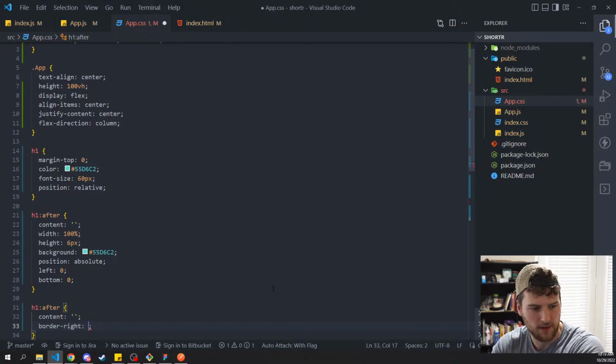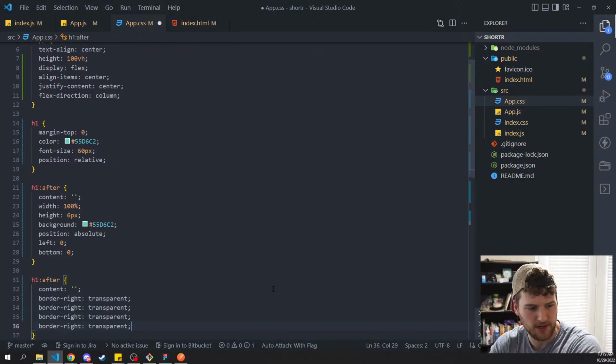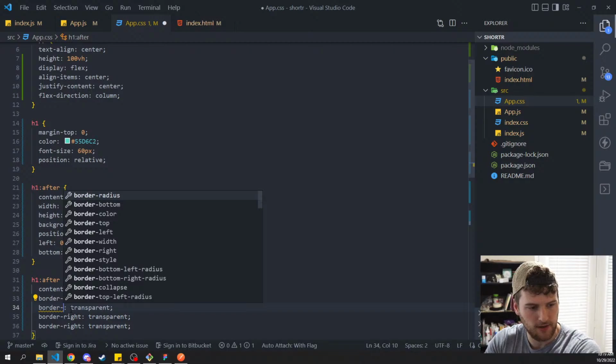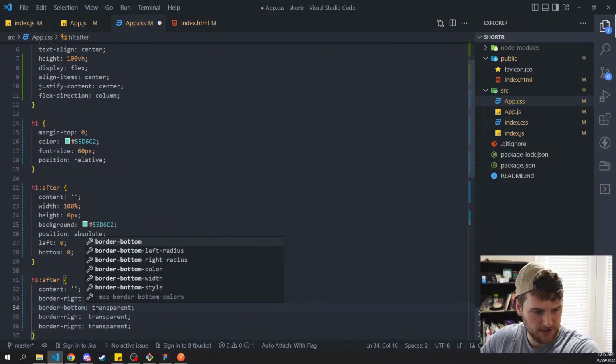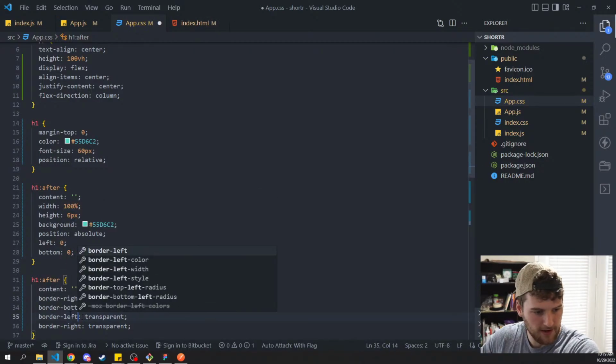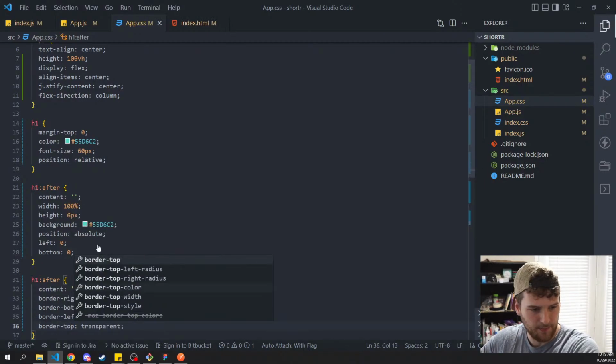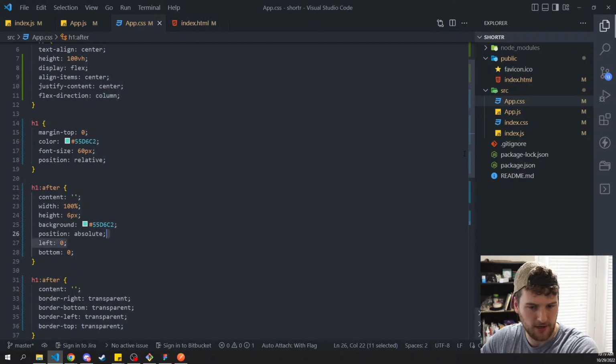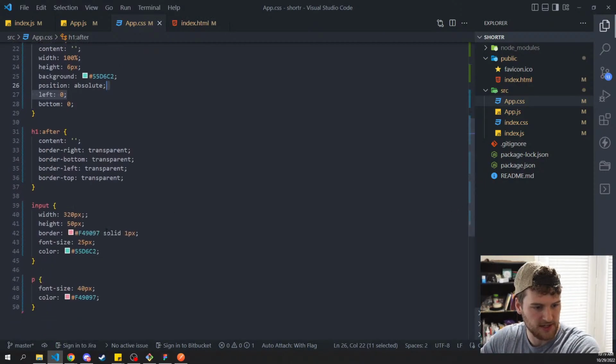And then transparent, and then I think if we just, this might not work. I might have to Google how to do this real quick. Right and bottom are gonna be transparent, and then left and top are actually gonna have color, and it's that pink color. So where's that? I can grab that here,